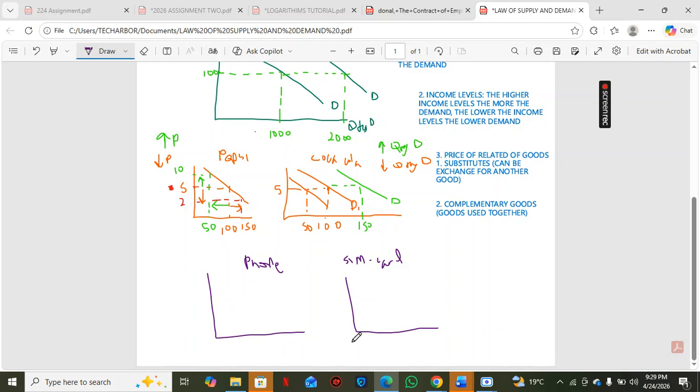So let's say these are the demand curves for both goods. Let's say in this example there's one type of phone, and we know nowadays every time you buy a phone, it's very necessary that you